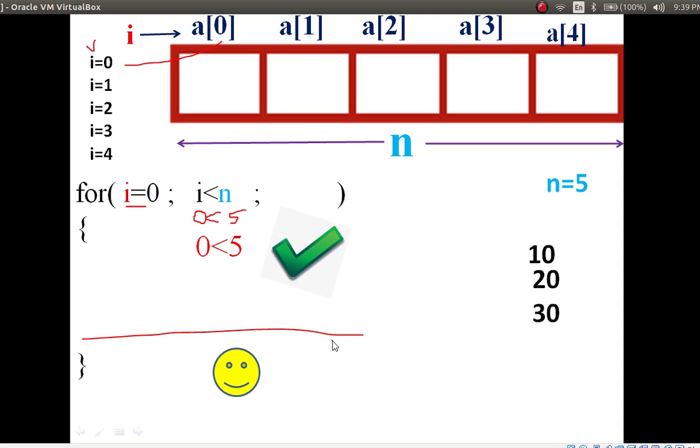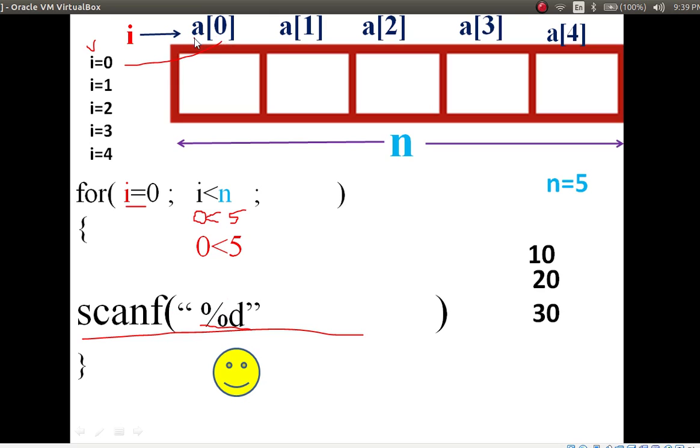What is the next statement? What is our task? Our task is to store these elements in memory. To store or to read, which statement do we have to use? The scanf statement, followed by %d. Why %d? Because it is integer type.